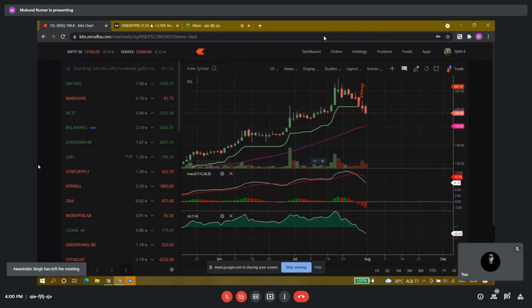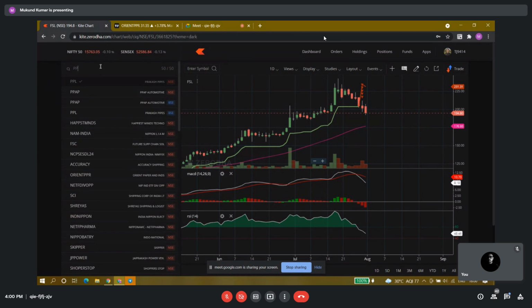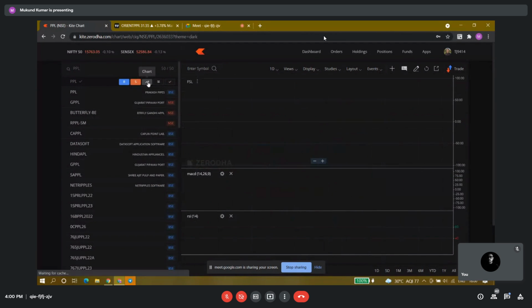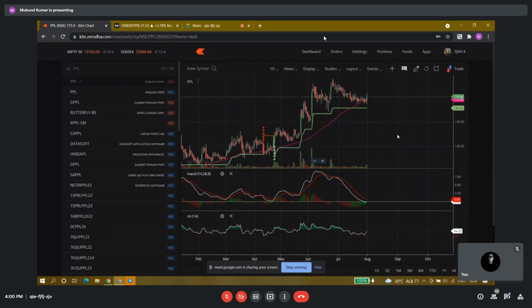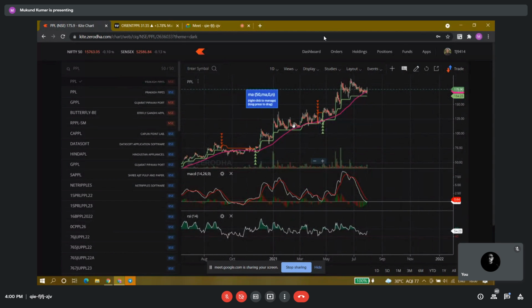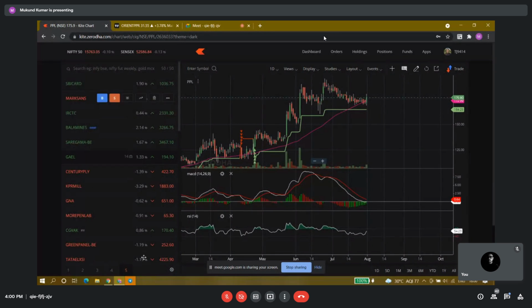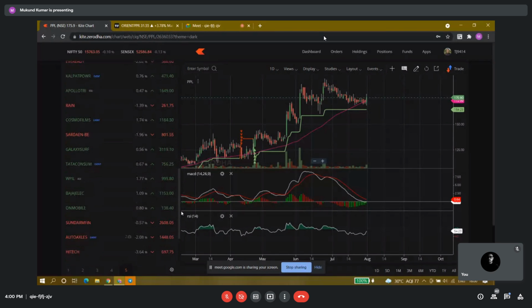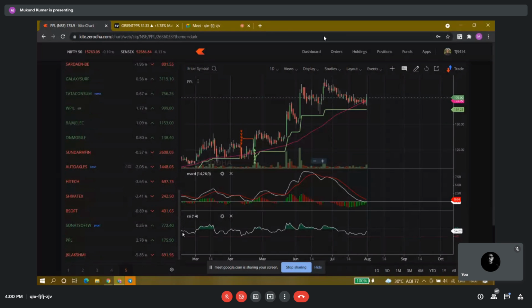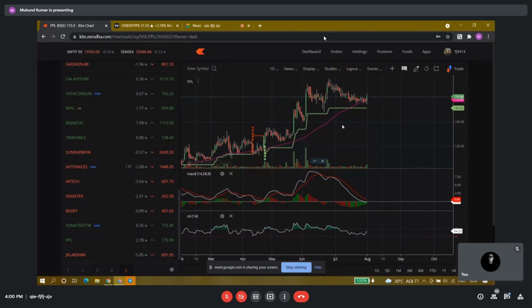I continuously watch its correction also, and then once the correction is complete, for example, PPL, you can see. Let's come to this chart of PPL. PPL, I have recommended in my Telegram that this can be a multi-bagger stock. I am trading this stock from almost around 100 levels. I will have this stock in my fifth watch list. Since I continuously monitor, I remember where a stock is in my watch list. I have this stock in my fifth watch list, PPL, and I continuously watch this stock.